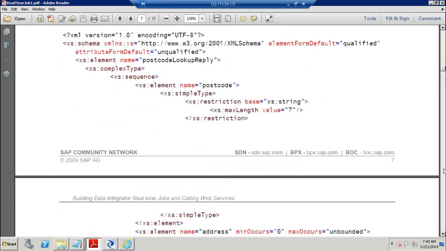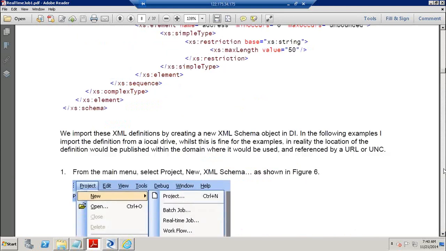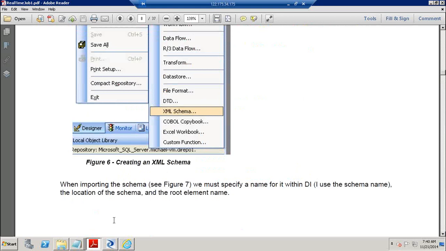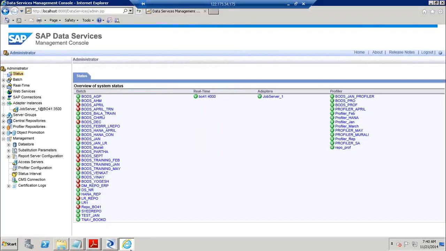And the third one, access server, is not mentioned in this document, but that has to be configured so that you can start working on that. And once you are done with all these basic level settings and you cross check that they are up and running on the system, then the next step is you can go and create your real-time job, test the real-time